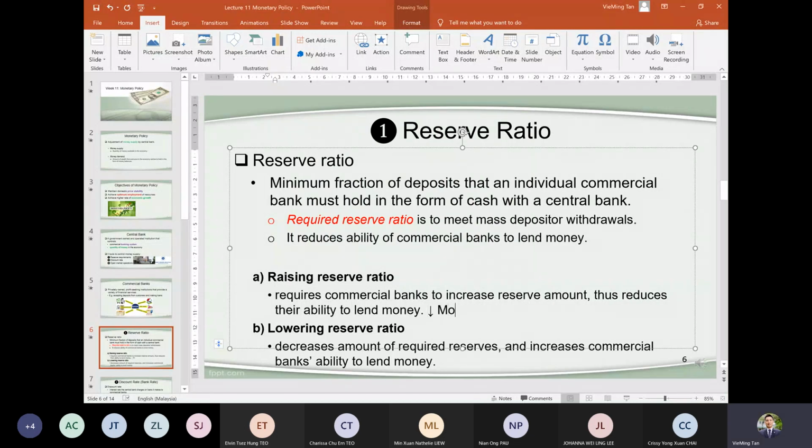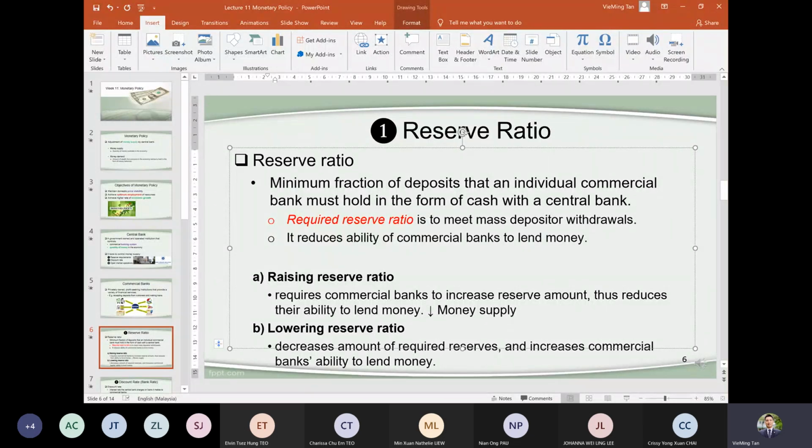Money supply will reduce in the economy, because additional reserve has to be kept in the central bank. So this will reduce the money supply in an economy. On the other hand, how about if the central bank decides to reduce the reserve